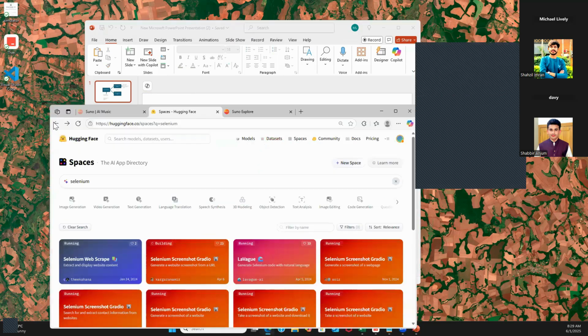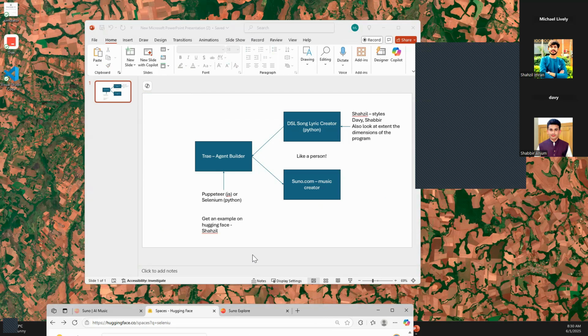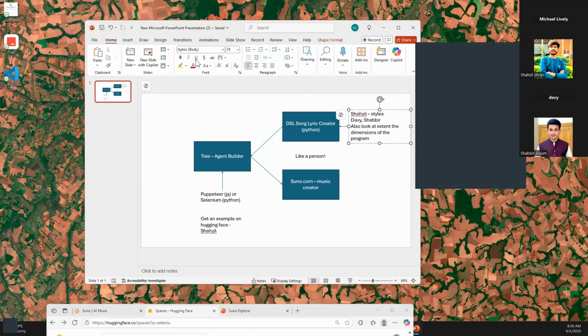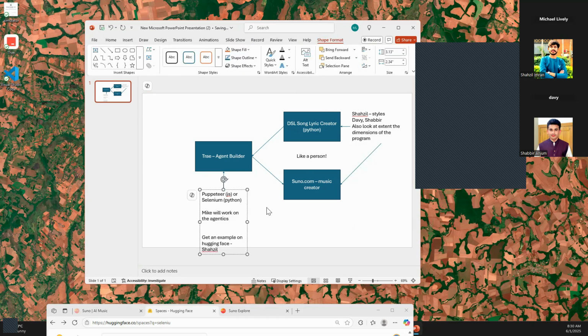If you're interested in the application, once again, I wrote a big paper on LinkedIn, and I put that in the chat for Teams. That's pretty much the outline of the project. We have the DSL song creator, and we're extending it specifically to work with Suno AI. We're extending its parameter space and making sure this program is written specifically for Suno to do the work we need to do with the agentic. I'll be working on the agentic, so Mike will work on the agentic. That's where everything lands right now.